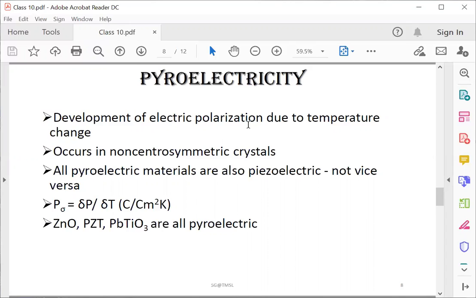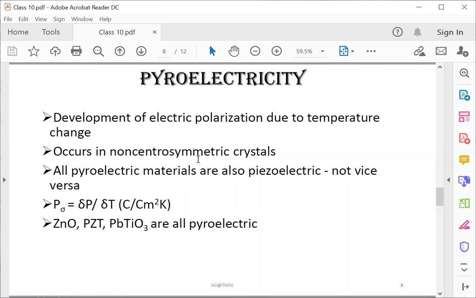Sometimes pyroelectric materials are used, and it occurs generally in non-centrosymmetric crystals. Non-centrosymmetric crystal means actually crystal symmetry. First you have to understand crystal symmetry. In well formed crystals, the symmetrically arranged faces reflect the internal arrangement of the